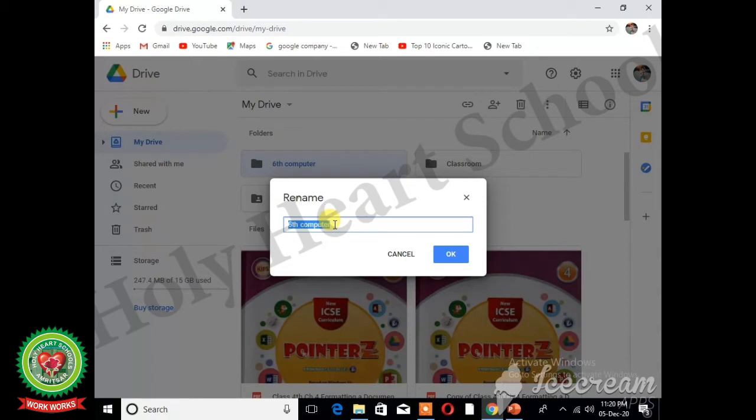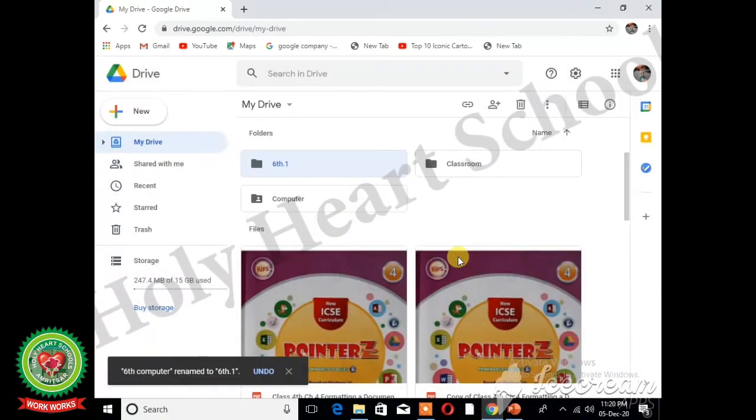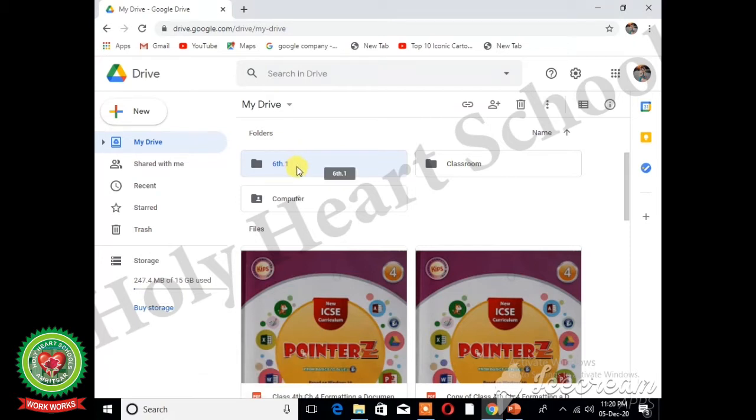Now type the new name, for example 6.1 and click on OK button. And you will see that the 6th computer name has been replaced by 6th.1 name.